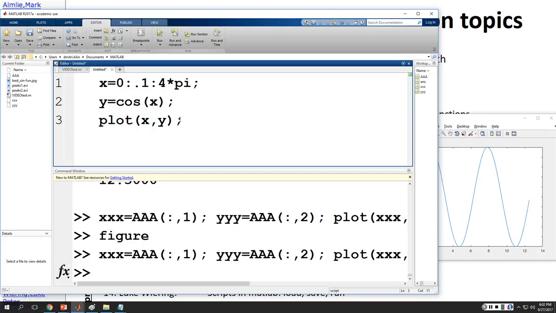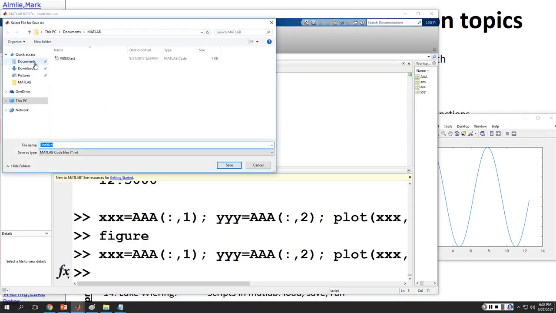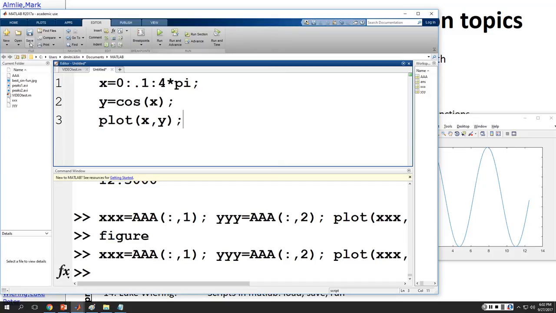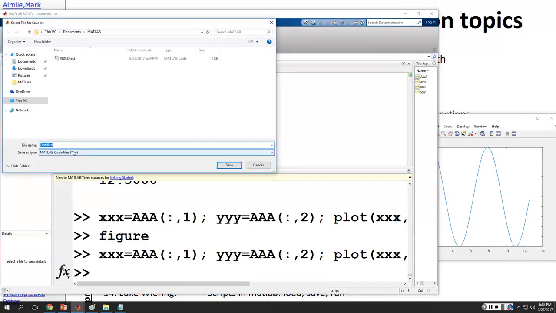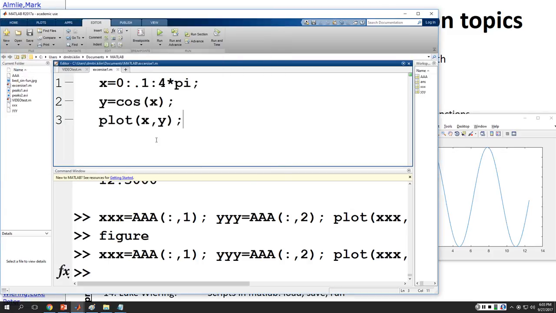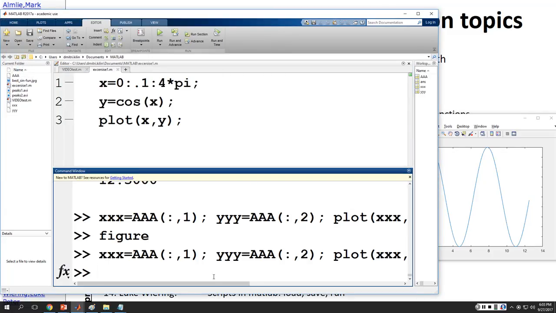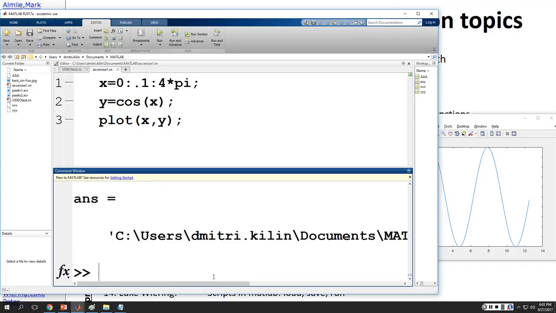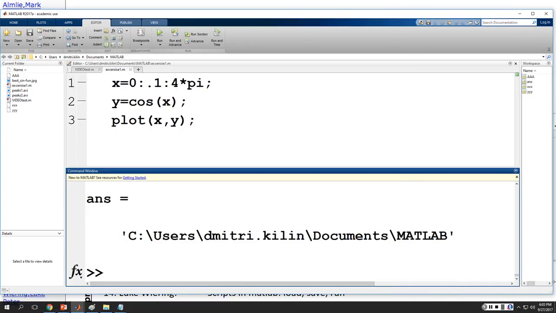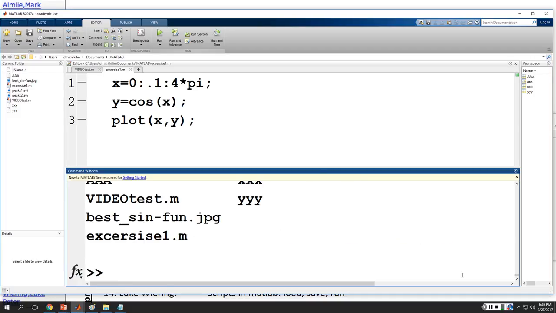Okay, I'm tired, and I don't want to type these commands again and again each time in the command line. So why don't I save it? Save as and give it some name. And then if I'm typing pwd, it shows in which directory I am. But there is also command ls, which stands for list, and then it shows